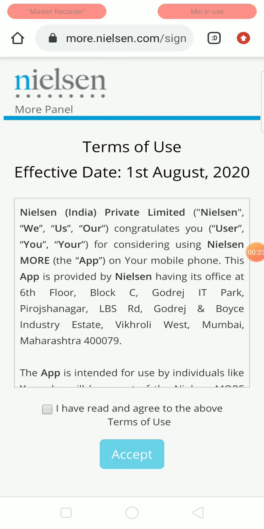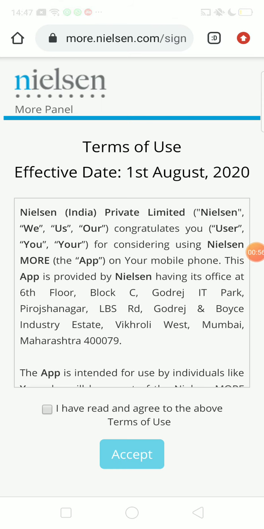Nielsen India Private Limited is a subsidiary of Nielsen USA LLC, which is one of the world's largest market research companies. All the exit polls, all the election result polls, and whatever you see, most of them are actually done by Nielsen only. So Nielsen have launched their app, which is known as Nielsen More. It is actually a good opportunity for everyone to come in and participate in this market research, and all the users who participate will also be rewarded.